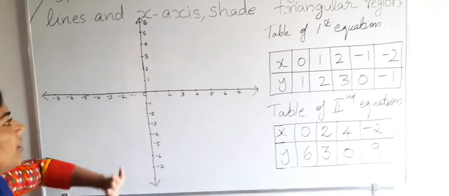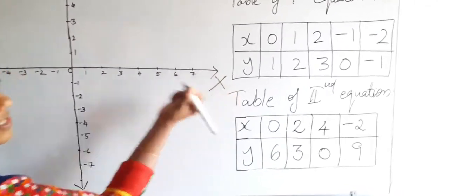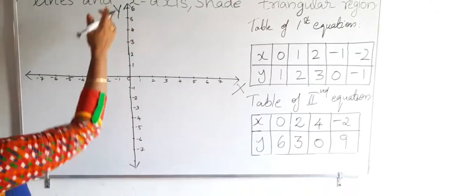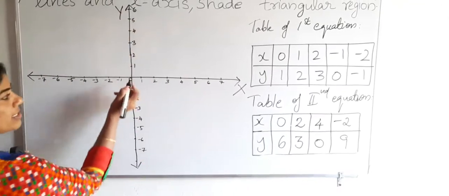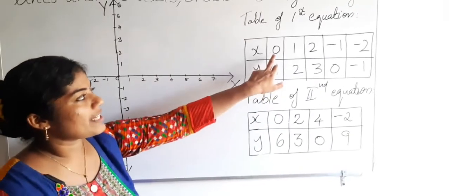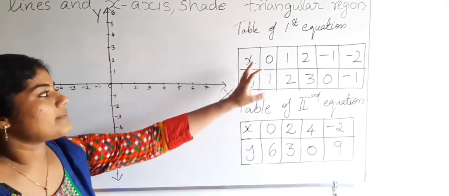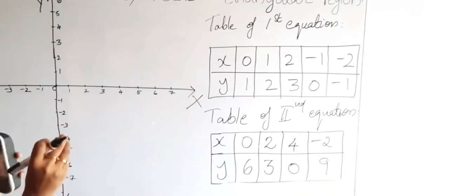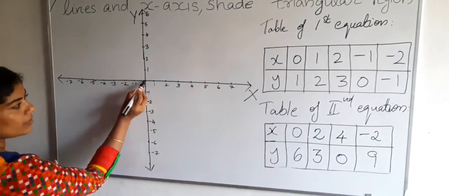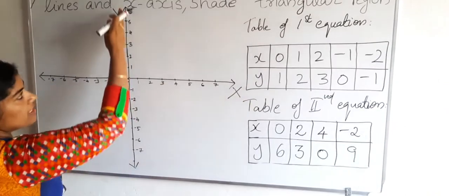So I have drawn here the x-axis and y-axis. The horizontal line is our x-axis and the vertical line is the y-axis. This is the origin point. There we mark it as 0. Then next, see the first point. When x equal to 0, the value of y is 1. This point we are marking here. See how we are marking. In the x-axis, when the value of x is 0, it means this one. When x equal to 0, what will be y? Y is 1. So this is our y-axis.